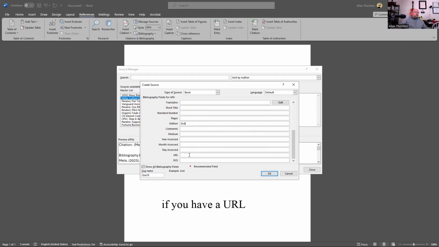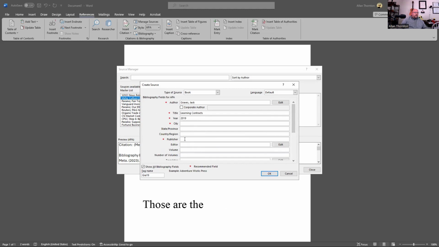All right, if you have a URL or DOI, this is where you put it in. You can put the city that it was in. Those are the recommended ones. The publisher for this one is West Academic.